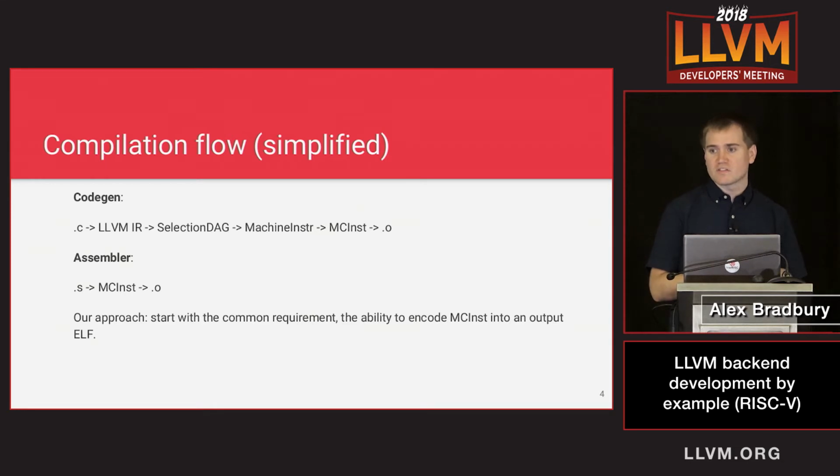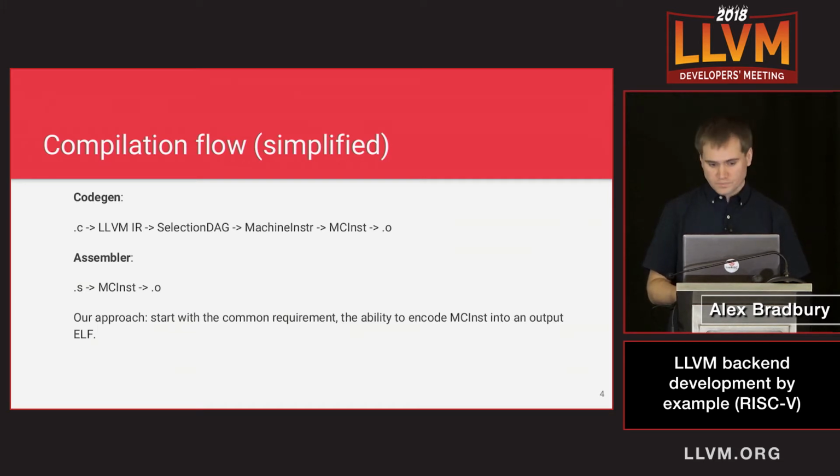We have, let's say, C as our input language. This gets lowered to LLVM IR, obviously through other stages, through AST and so on. We have something called the SelectionDAG, which we'll talk about in much greater detail later on in the talk. This gets converted to a machine instruction representation, then finally to an MCInst representation, and then we generate our ELF